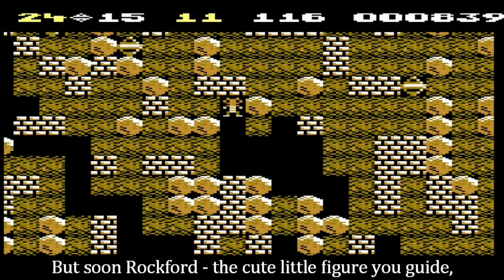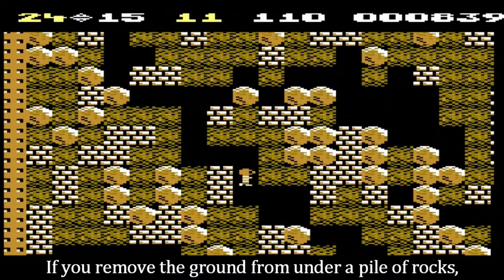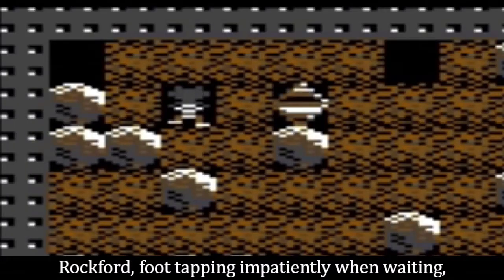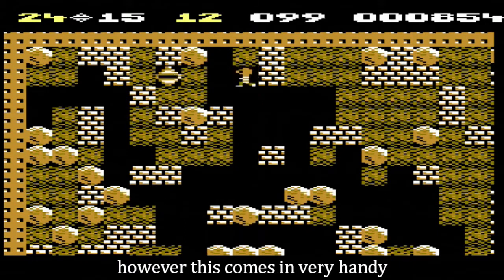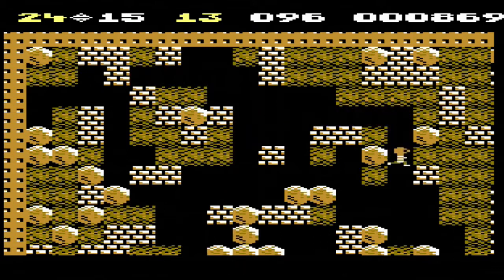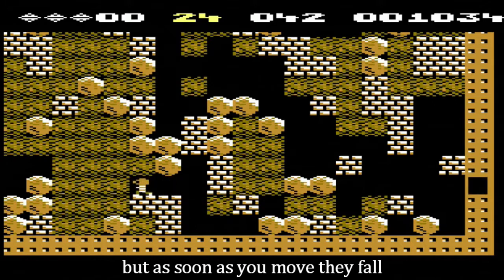But soon, Rockford, the cute little figure you guide, figures out what's happened. If you remove the ground from under a pile of rocks, then they're going to come tumbling down. Rockford, foot tapping impatiently when waiting, zips around the screen with great agility. However, this comes in very handy, as you'll need to be quick to stay alive. You can support a pile of boulders, but as soon as you move, they fall, and you've got to clear